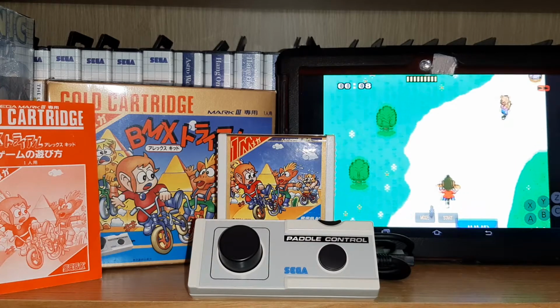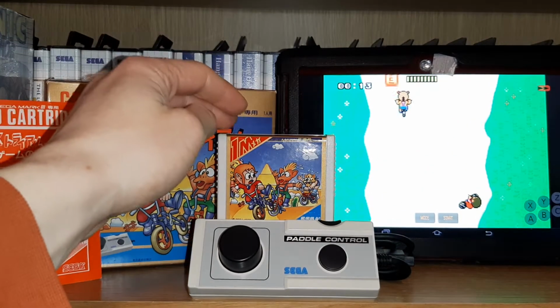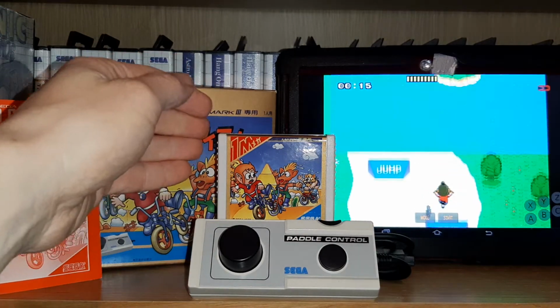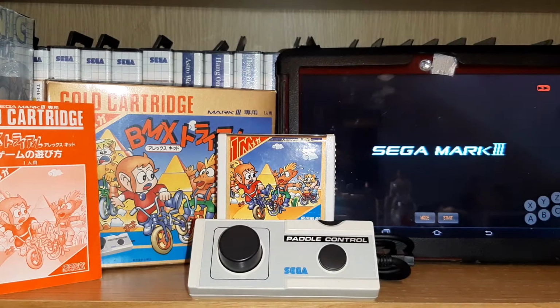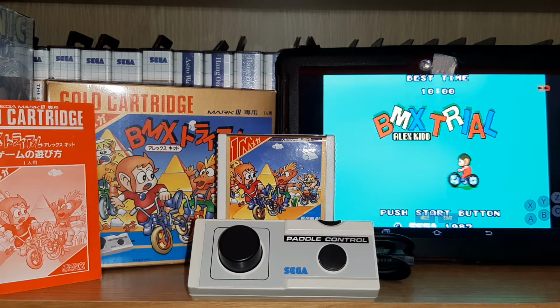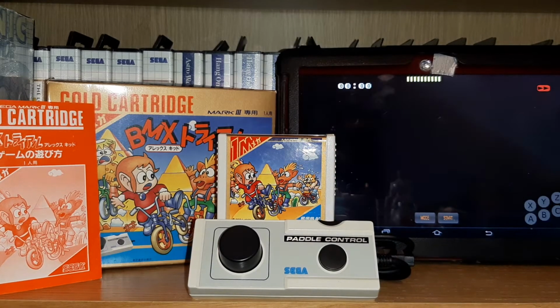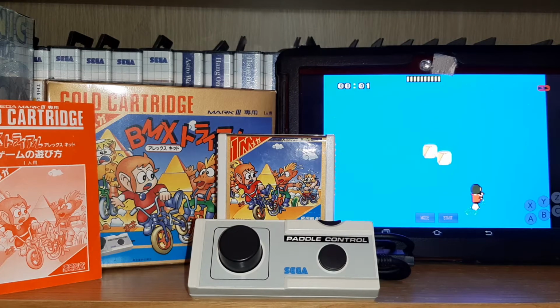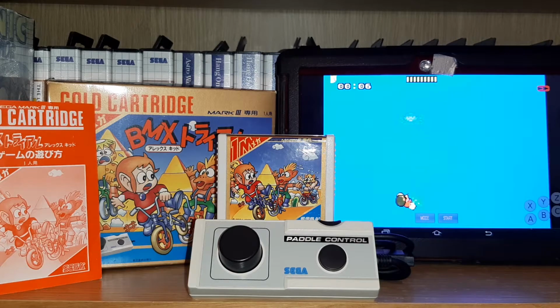I have played it via reproduction cartridges that I've made because you might see here, this being a Mark III cartridge doesn't fit in a normal Master System. We'll take a closer look in a bit. But the story behind this game is essentially, I guess Sega were looking to have a reason to use this paddle controller and wanted to bundle up, tie into their perceived mascot at the time, Alex Kidd, or attempt at a mascot. And this is sort of a racing game, but it controls kind of like Breakout,